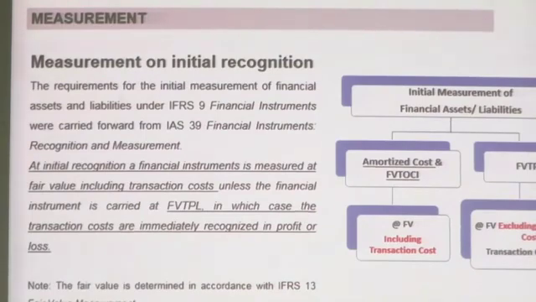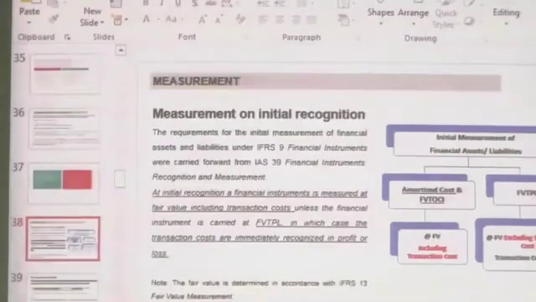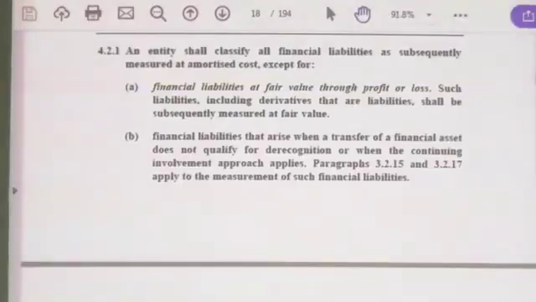Now I have explained the classification of financial assets, theoretical aspects, classification of financial liabilities, theoretical aspects, and the initial recognition of financial instruments. Don't ask what the subsequent measurement is. Subsequent measurement is the same as the classification. Therefore, financial instrument classification equals the subsequent measurement. I have explained the initial measurement also. Let's take the standard book now.